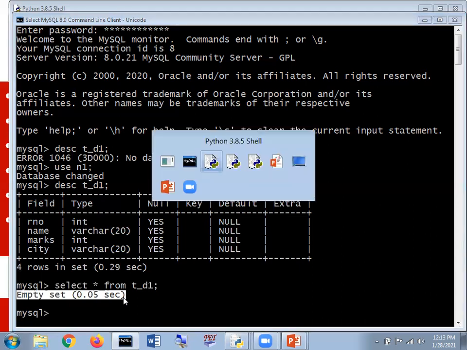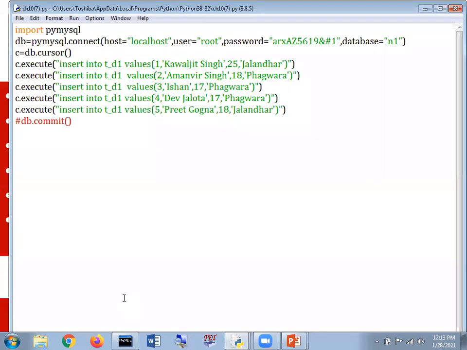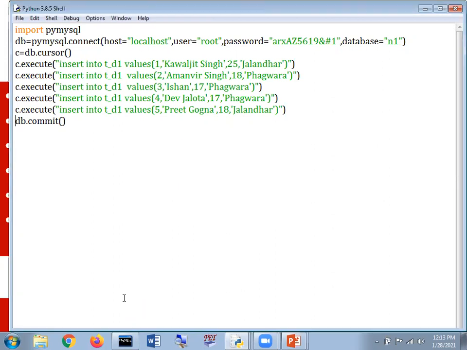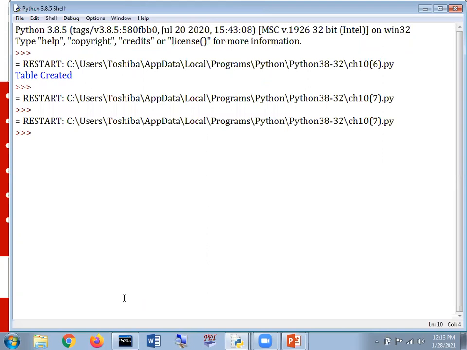Now what we are going to do here is open this and make it active. After execution of the statements, they are going to commit and write the content within a database. For that, I'm just going to press F5 and hit enter. Again, the output will remain the same, but how are we going to check here?